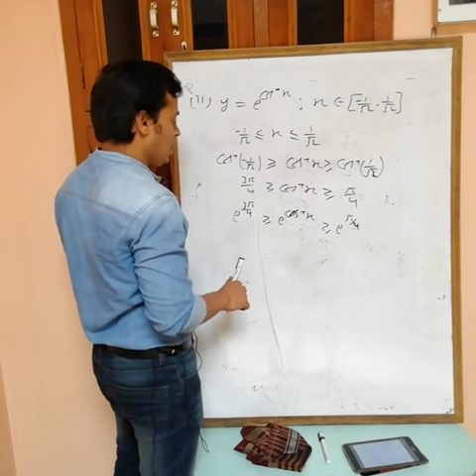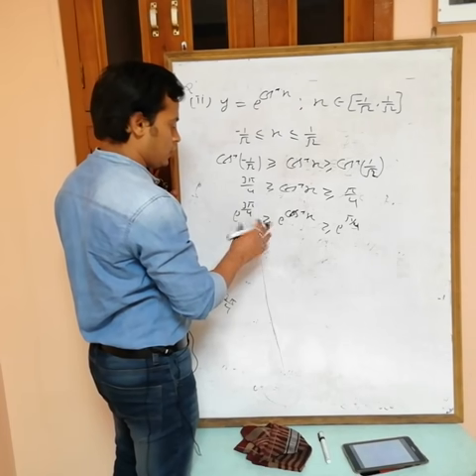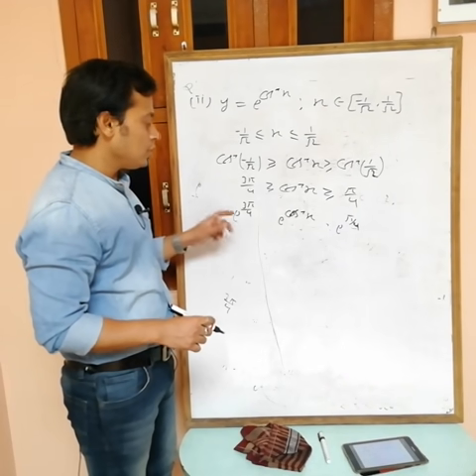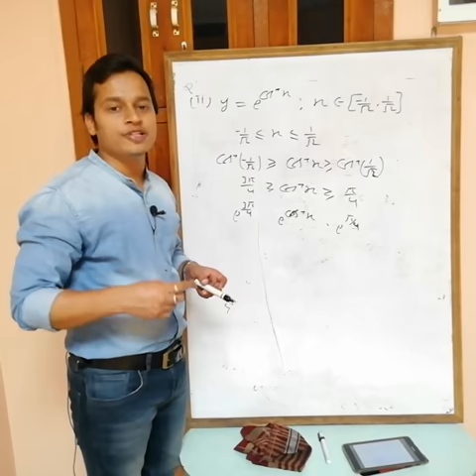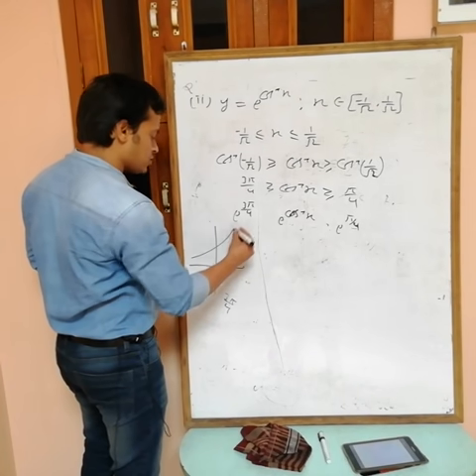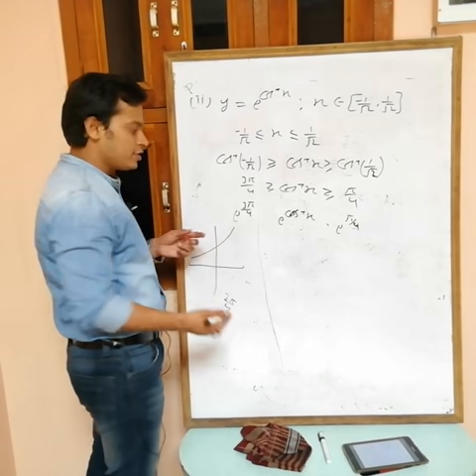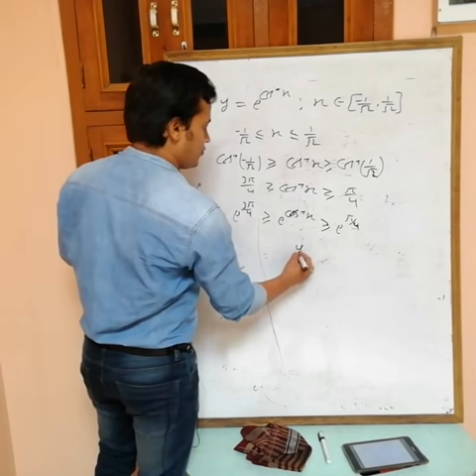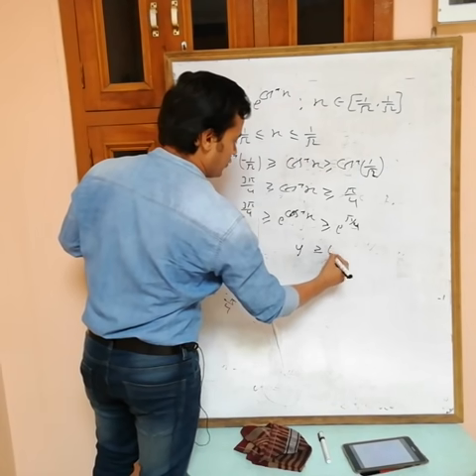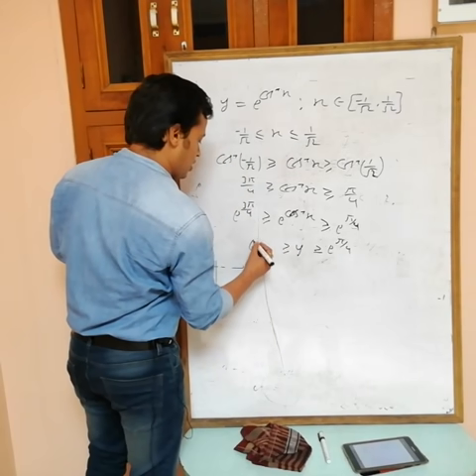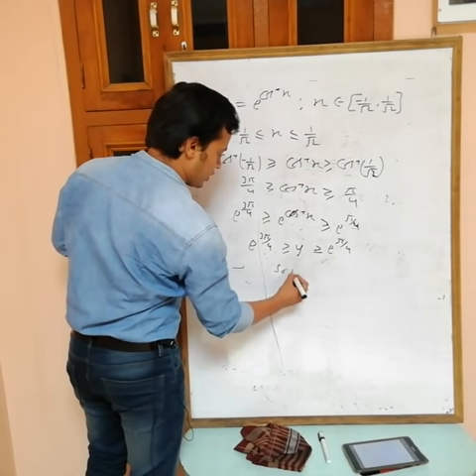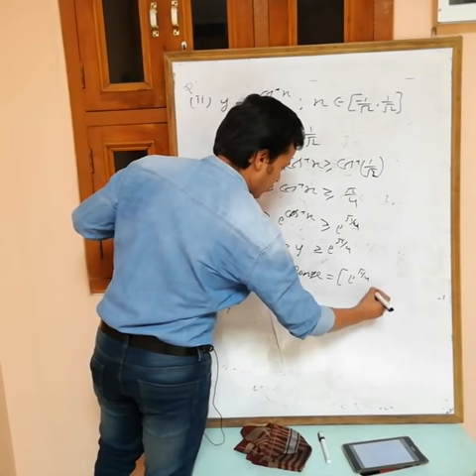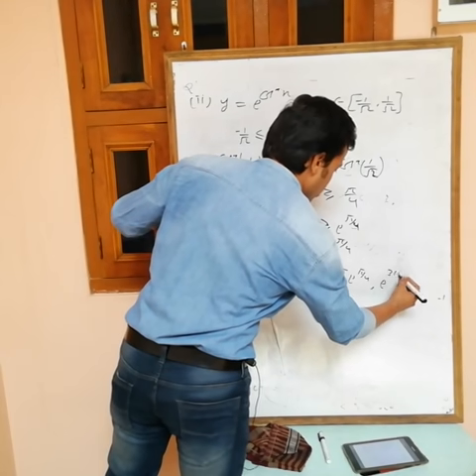Now one minute, I have to decide the sign of inequality. I am taking e power. Is e power x an increasing or decreasing function? If you draw the graph of e power x, it is increasing. Since it is increasing, the sign of inequality remains the same. So this is y. Now we are getting all possible values of y, from e power pi by 4 to e power 3 pi by 4. So the range is: minimum value is e power pi by 4 and maximum is e power 3 pi by 4.